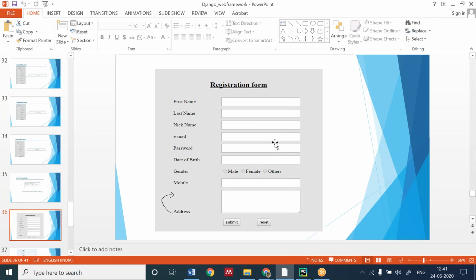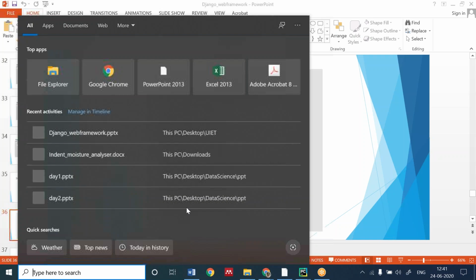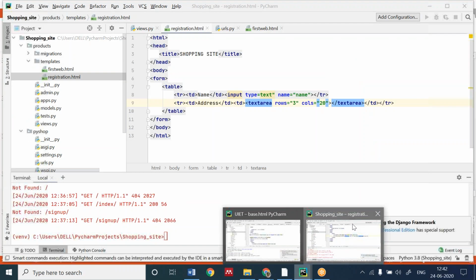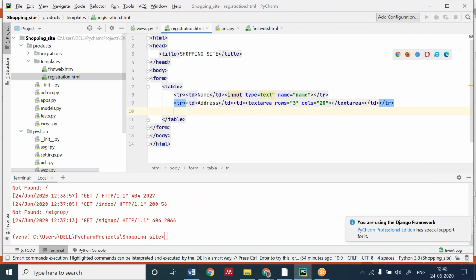Those who do not know, I will tell you, then you will be making this registration form. I suppose that you have taken this screenshot. Take this and start making this. If you want to write the field, you can write it down. Otherwise, I'm teaching HTML programming to the students who don't know.